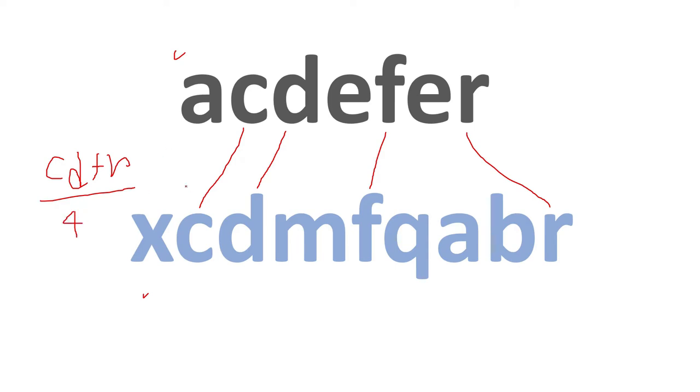You can check here, you will not get any other string which is greater in length than CDFR. The common subsequence means, if you check CDFR, maybe their index positions are different in these two strings, but their relative position is the same: D comes after C, F comes after D, and then R comes after F. Here also the same thing, CDFR, right? If you try to find any other combination, you will not get anything greater than 4.